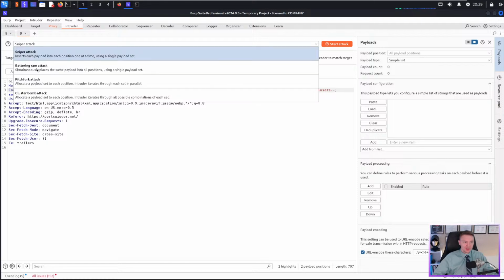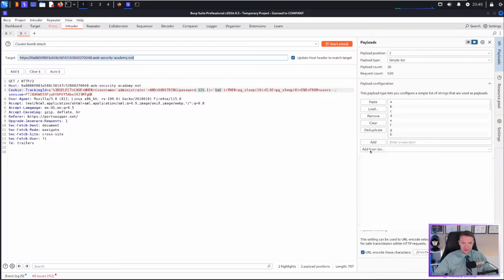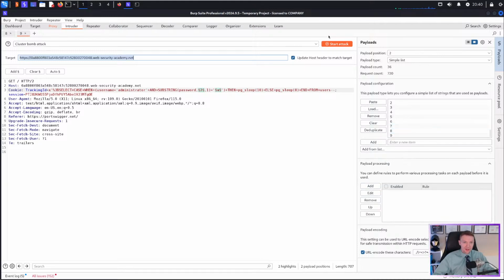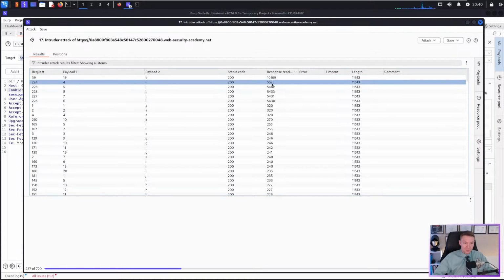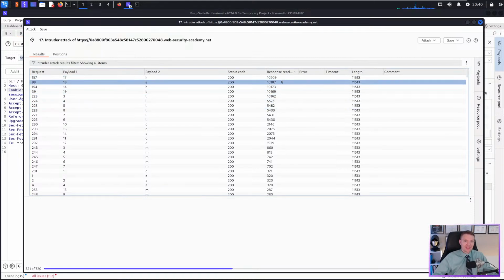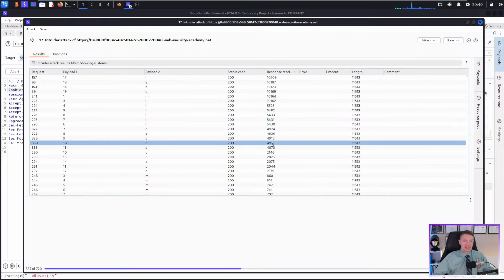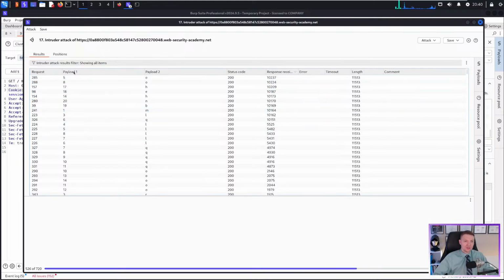Alright, so payload 1. We want a cluster bomb attack. Payload 1 is numbers 1 to 20. Payload 2 is A to Z and 0 to 9. And let's go ahead and start this. So everything that has a super high response received, the ones that are in the thousands, those are valid characters. So we need to